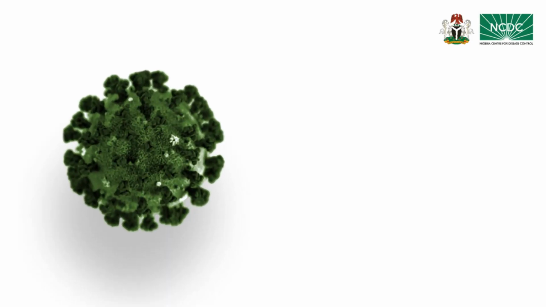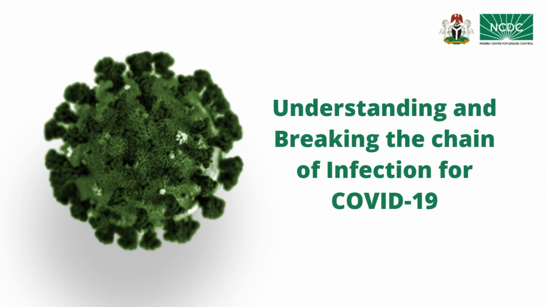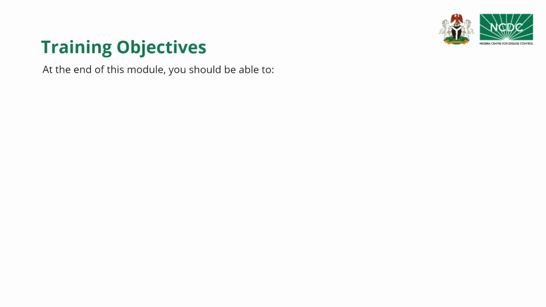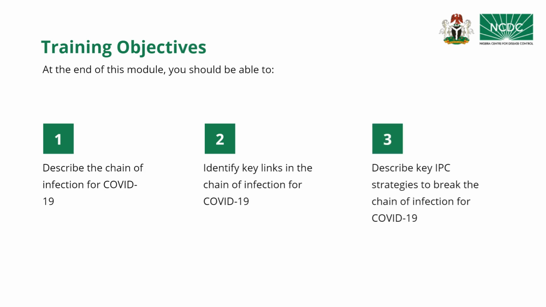To reduce the rate of hospital-acquired infections, it is important for healthcare workers to know the basic concepts of disease transmission. This module provides an understanding of how the chain of infection works and key IPC strategies to break it, using COVID-19 as a case study. At the end of this module, you should be able to describe the chain of infection for COVID-19, identify key links in the chain of infection for COVID-19, and describe key IPC strategies to break the chain of infection for